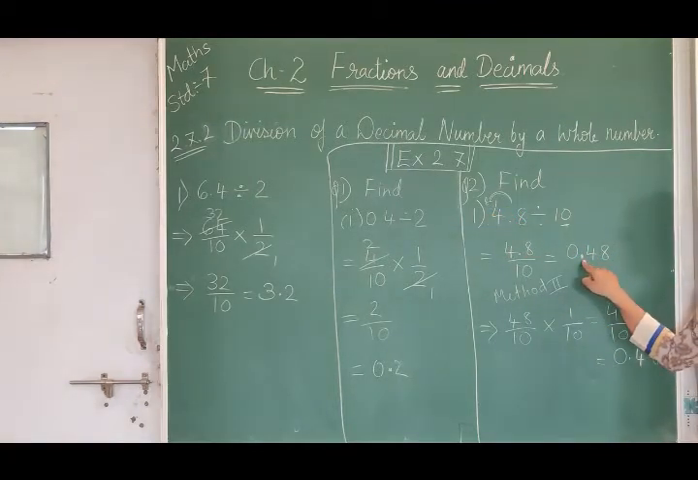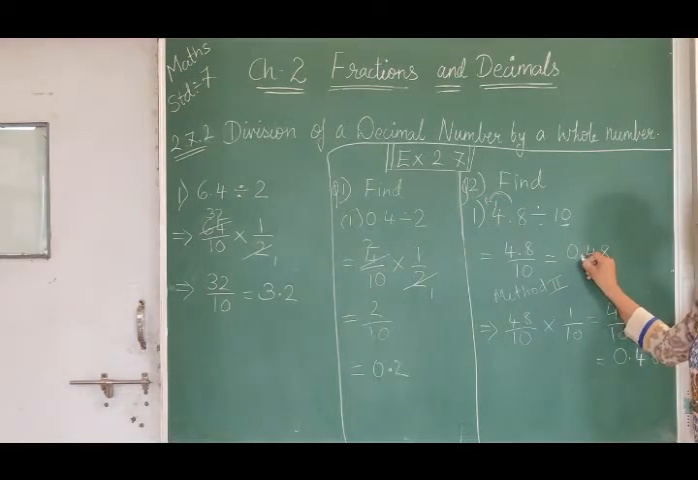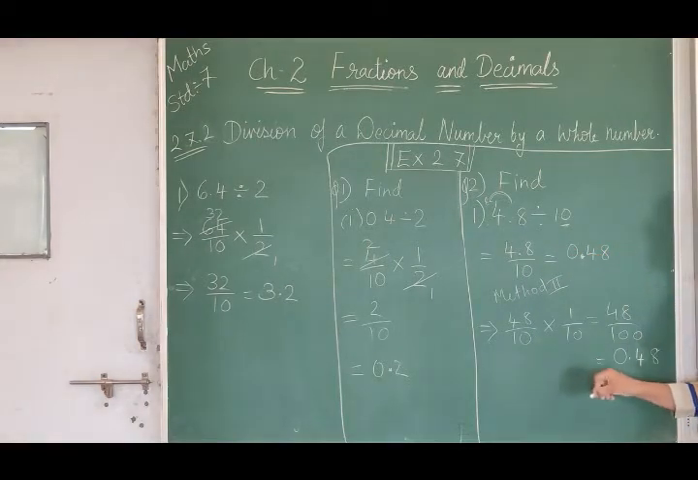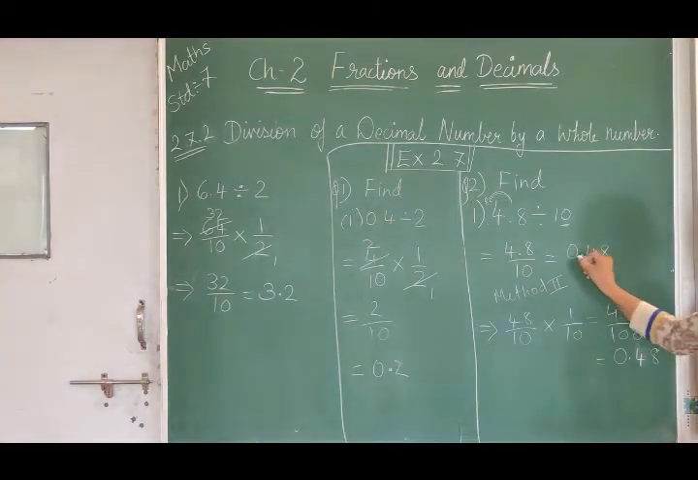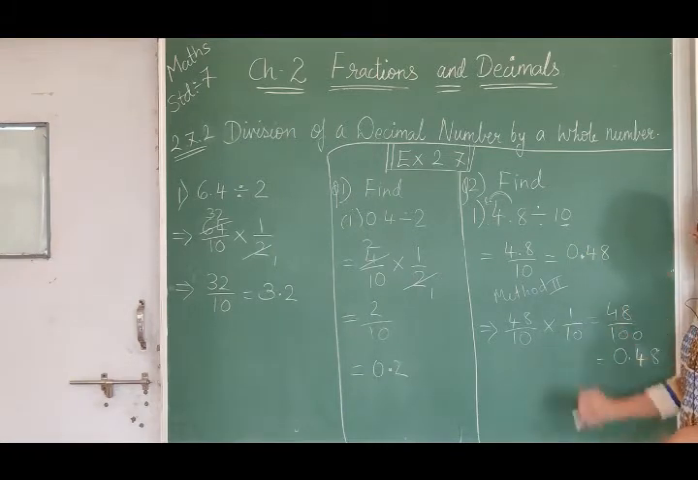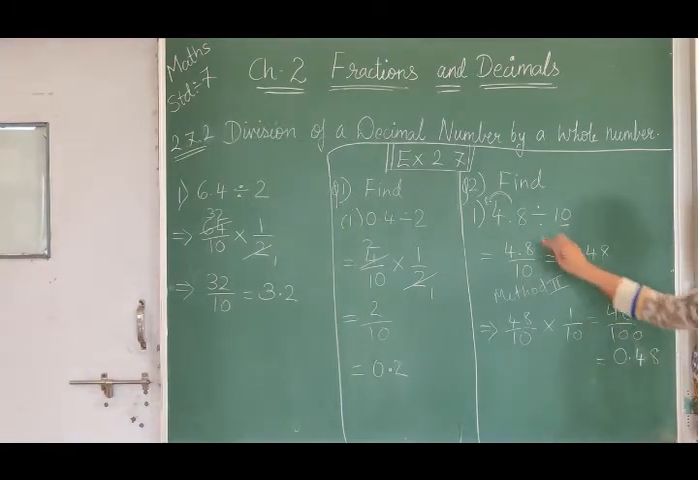After that, before that I have put the point. Now before the point I am not having any digit, so I will put 0. So the required answer will be 0.48. Now the second method for this is